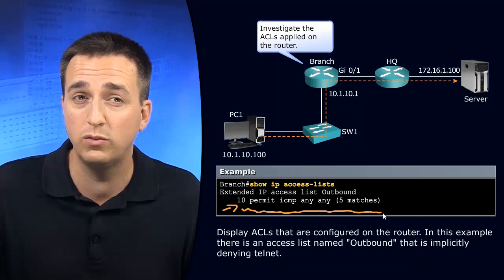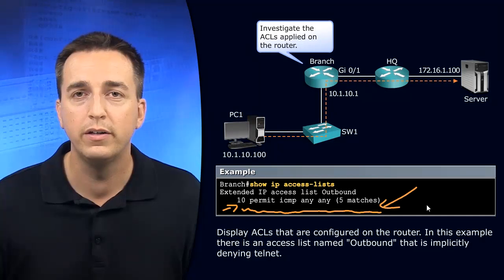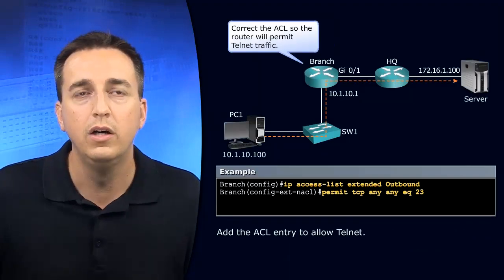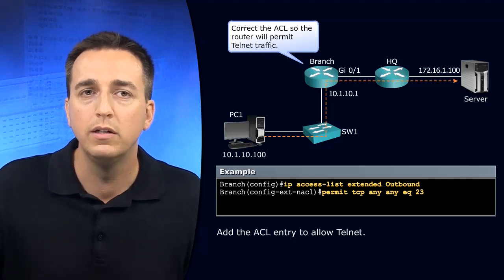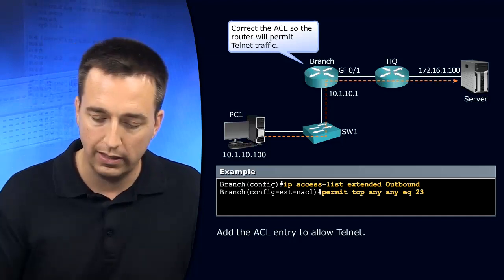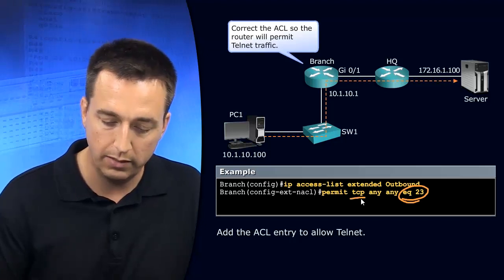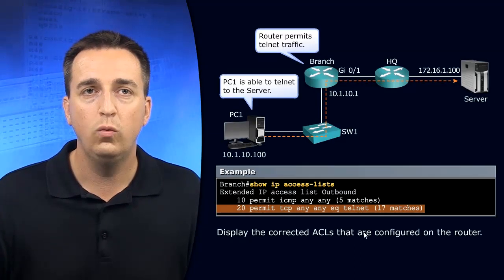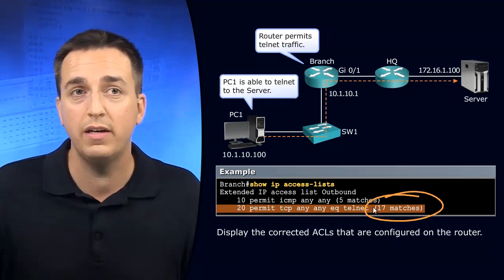So if we expect to telnet as well, we need to modify this ACL entry to add a permit statement for what? For telnet traffic. And here's that entry right there. We're going to use named access control list configuration mode, so IP access list extended outbound, and we're going to add the permit TCP any equal to 23 command in this case. 23 is indicating that it's telnet. And don't forget that telnet uses TCP. And then once we do that, we can see, based on the hit count in our ACL, that we're able to successfully telnet now from PC1